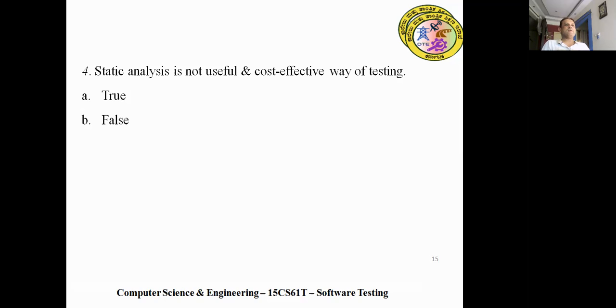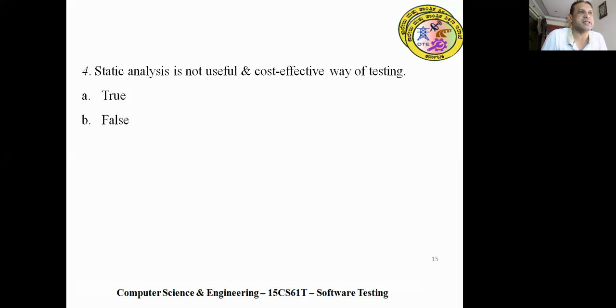Whether it is true or false, whether it is useful or not, static analysis tool, whether we should use it or we should not use it. Should use. Yes, it is useful.